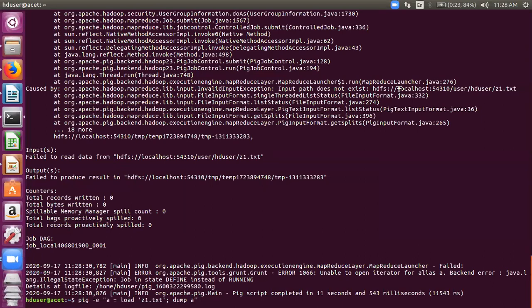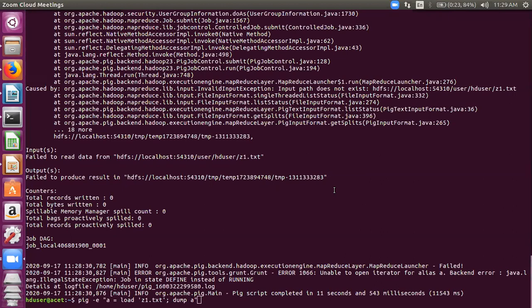Ritika wants to tell me something. Yes, Ritika, go ahead. So Pig is trying to access the file from the HDFS cluster, and the file is not there. It is in the local file system. Yes. So what should we do to rectify this? We can give the file scheme, or an absolute path. No, that won't work either, Ritika. Look carefully. I want some other answer also.